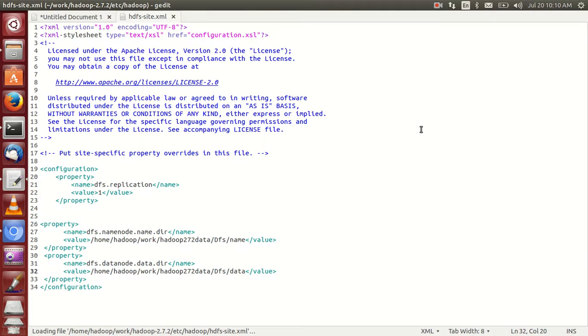Open this one. It is by default 1. You have to change this one. The main business is that this is also my local Hadoop username. I don't know what your username is. In case your username is bigdata, change this one to bigdata.